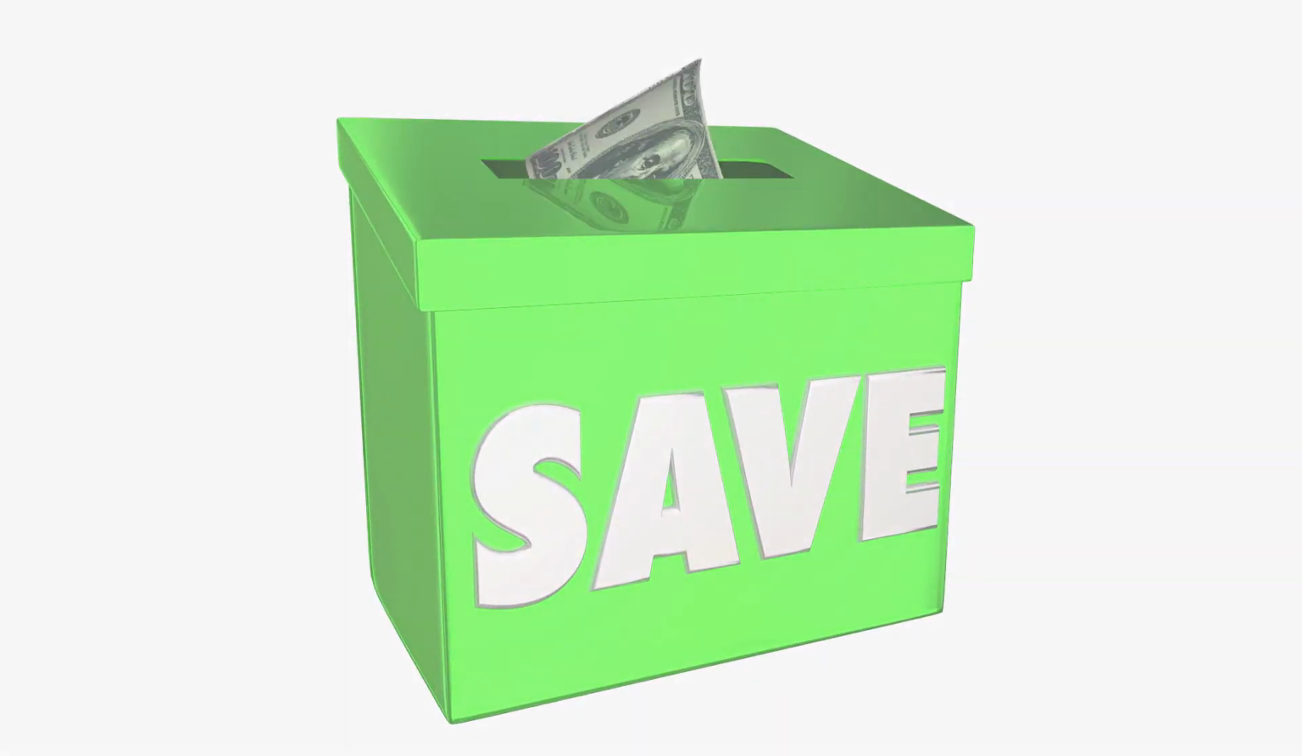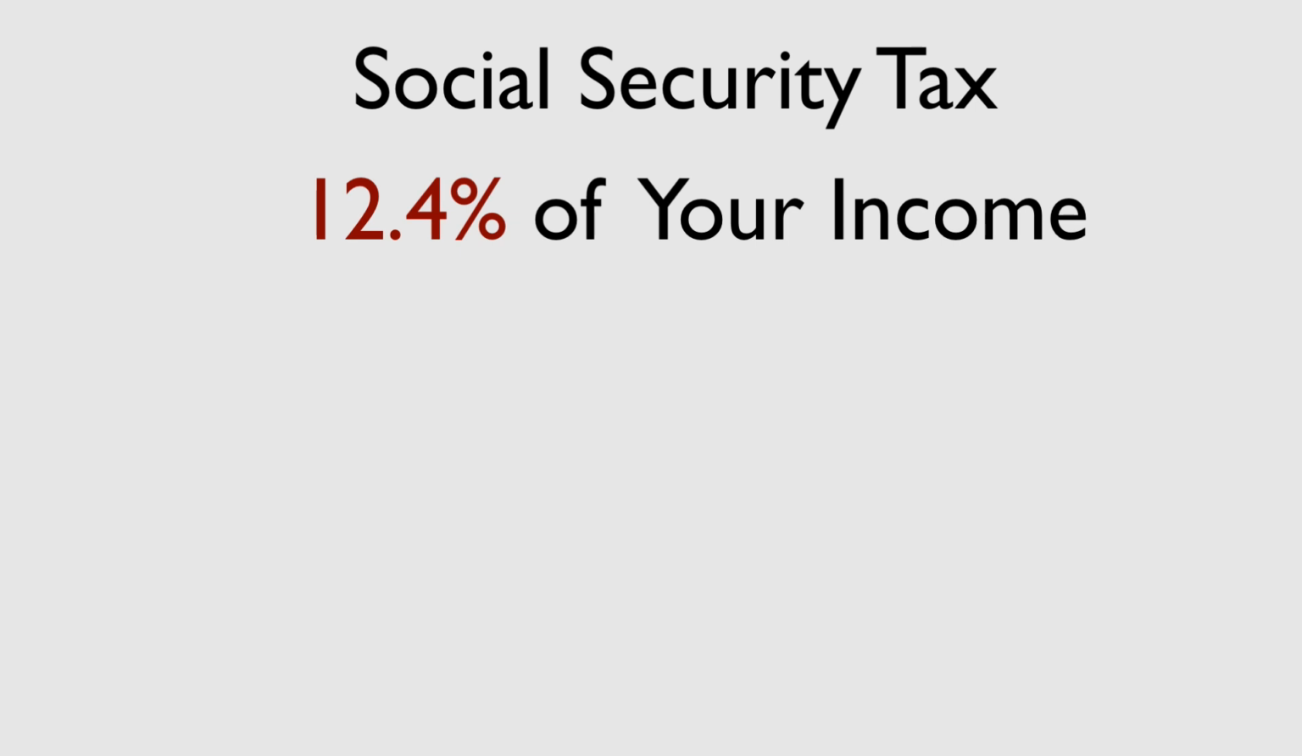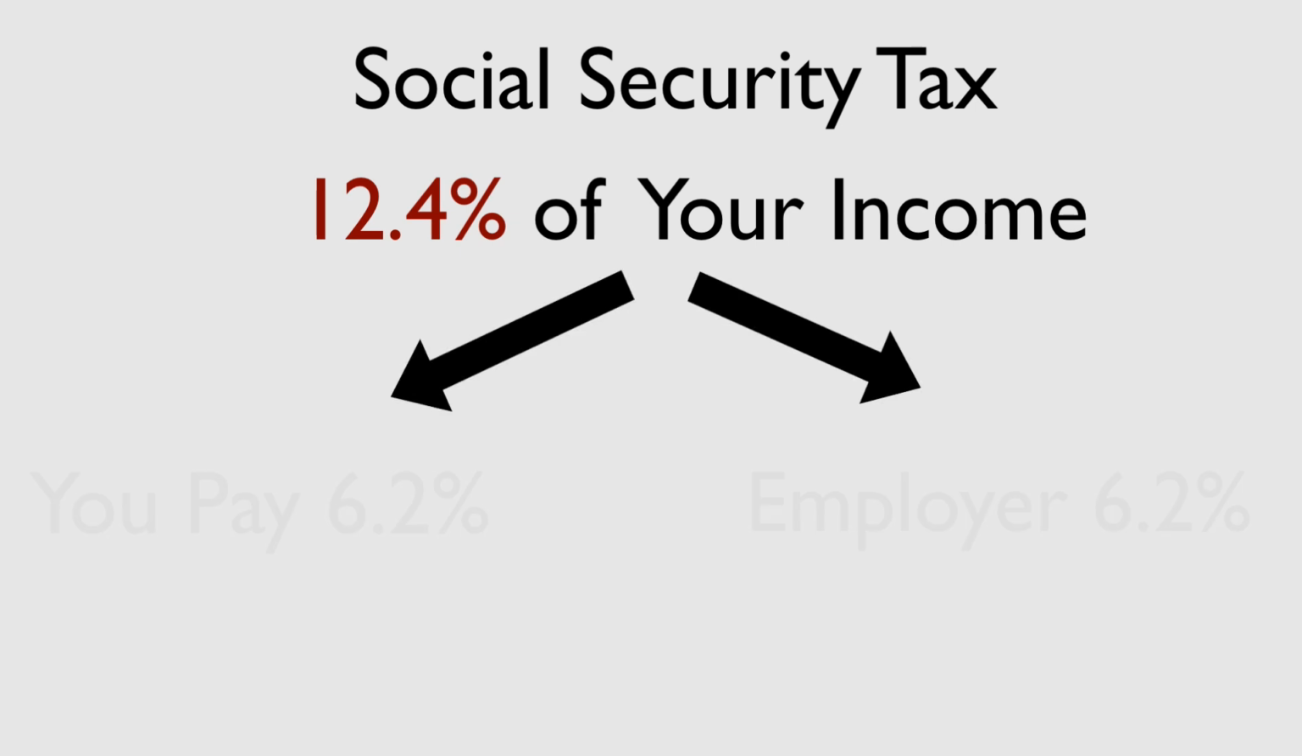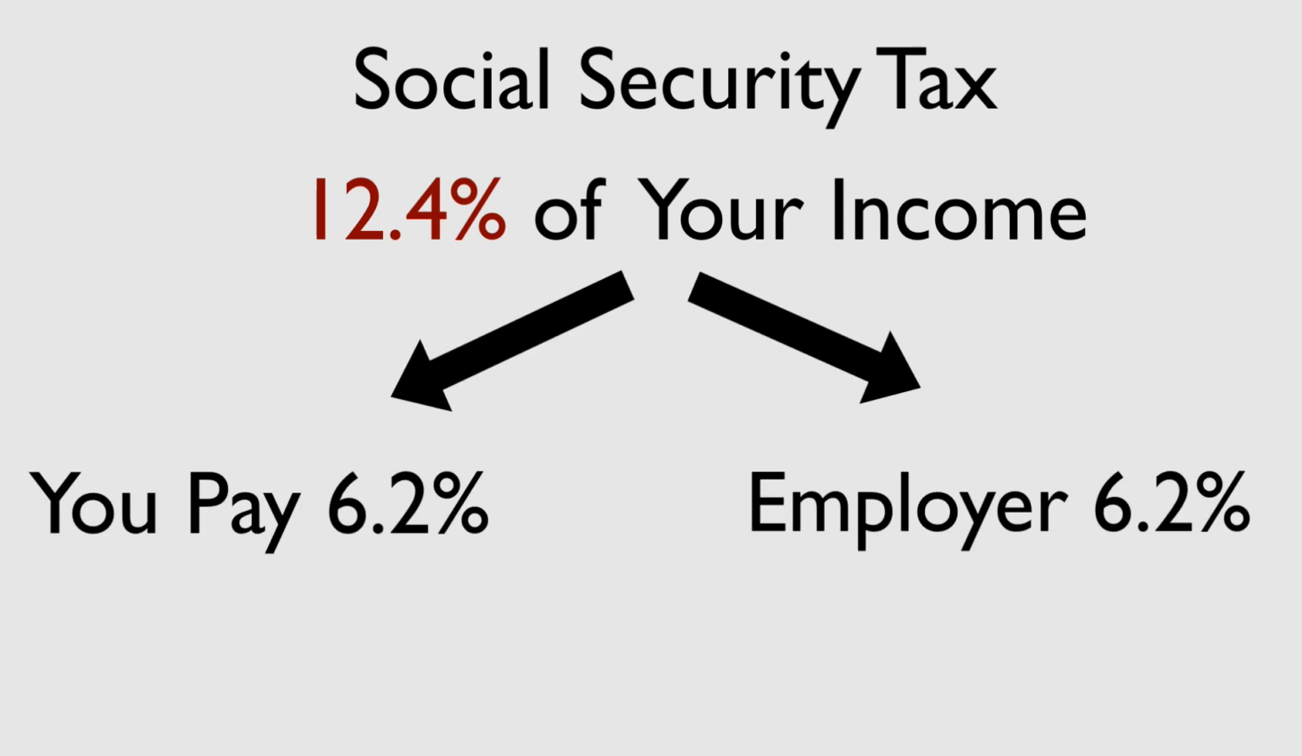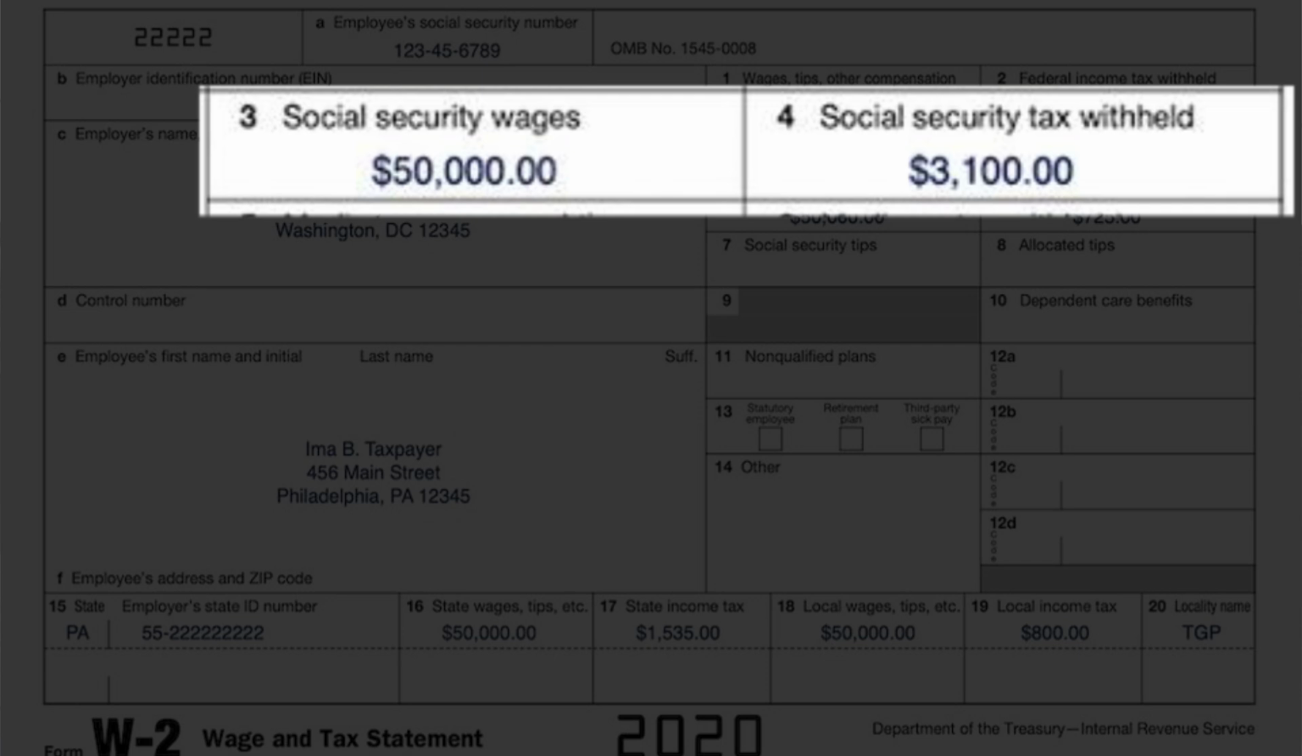So with Social Security, 12.4% of your salary goes to Social Security. Now you pay half of that and your employer pays half of that. As we can see in this example, Social Security wages is $50,000. So 6.2% of that is what has been withheld for Social Security,